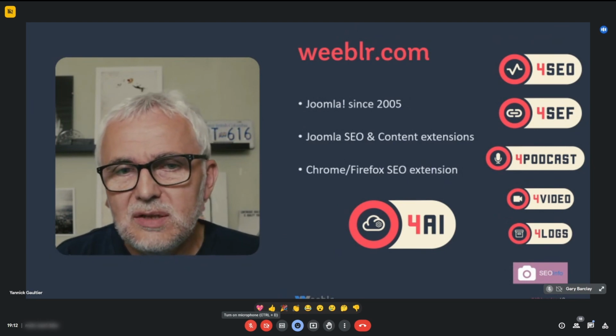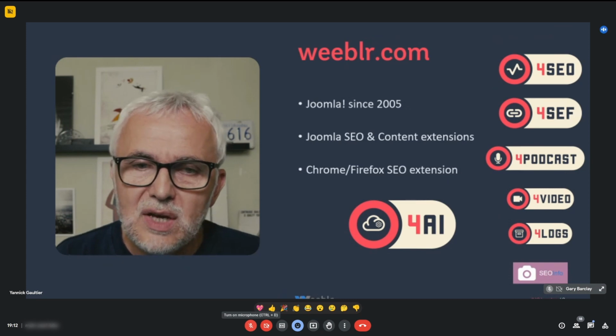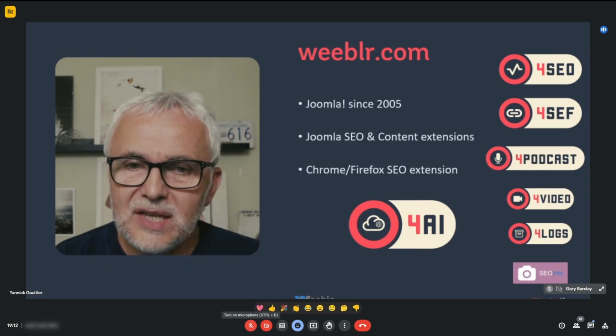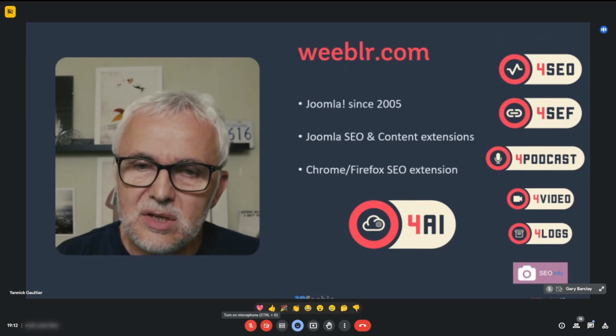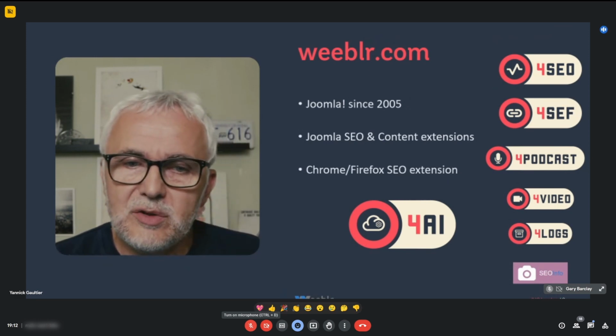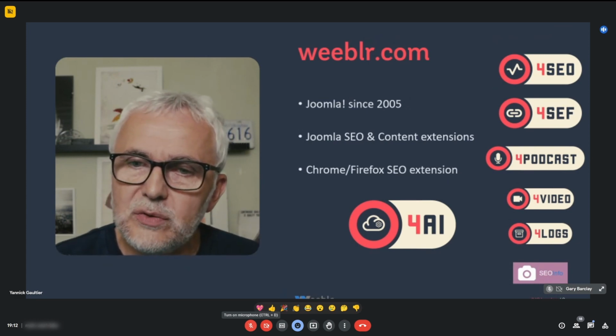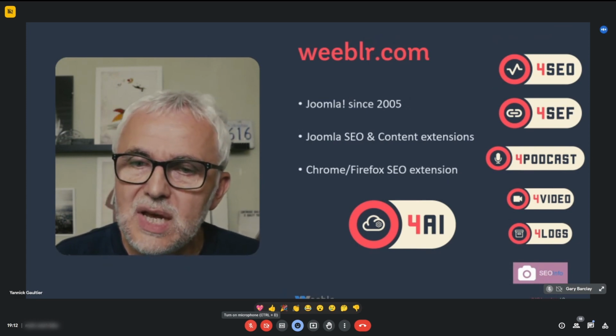We've been developing Joomla extensions since 2005, mostly focused on Joomla SEO and generating and creating content, mostly for SEO as well. We have a few extensions for SEO, sh404SEF probably being the most famous one.